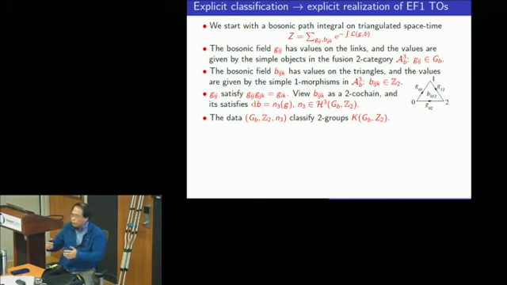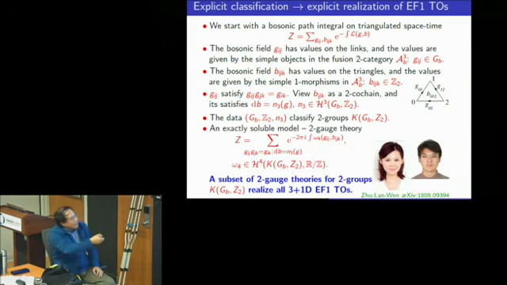We're gauging the fermionic parity symmetry and gauging everything, but if you're only gauging this fermion parity, you don't get that, because in Dijkgraaf-Witten gauge theory, all the particles, all the charges, are bosons. You have to do something to make some charge a fermion, and this two-form gauge field on the triangles does just that trick. When you do that, you can convert some particles to fermions. And the claim is that that's everything.